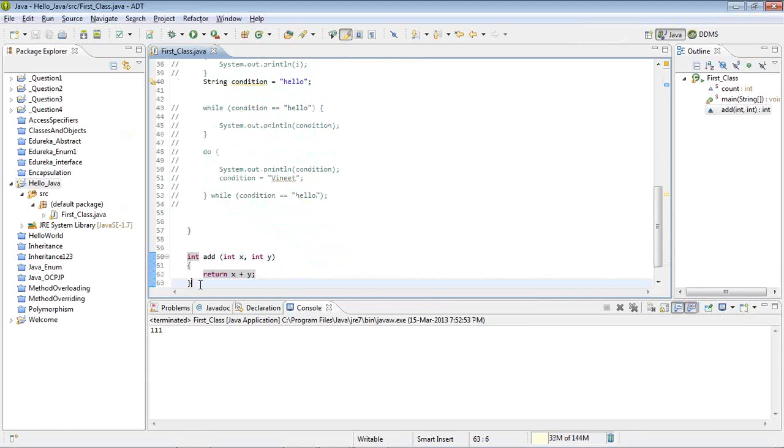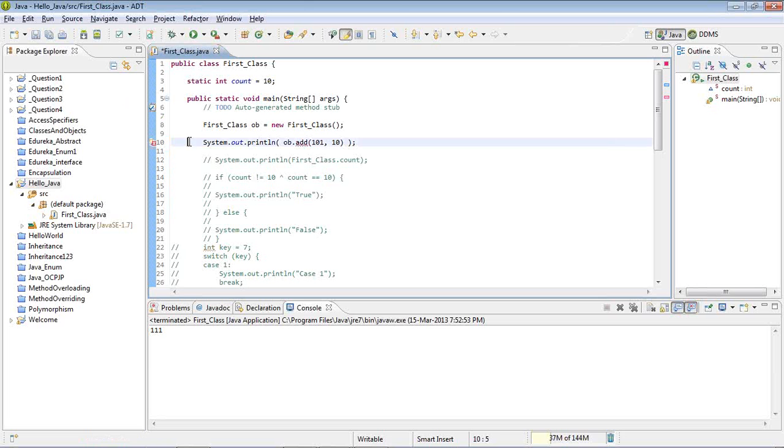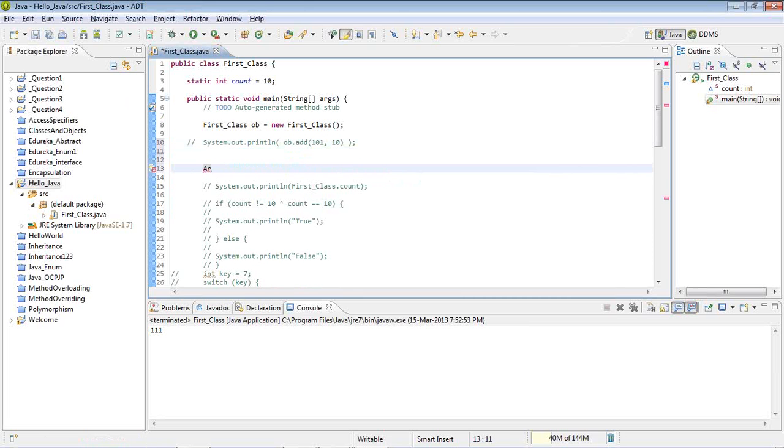So just commenting this, and even this. Here itself I'll show you an array. Write the value, what kind of value it will store, give the data type for the array, integer. Give the name of the array, put the brackets, equals to, the new operator will assign memory to this array. Again mention the return integer type, that is what kind of values, open the brackets, and within the brackets mention the size